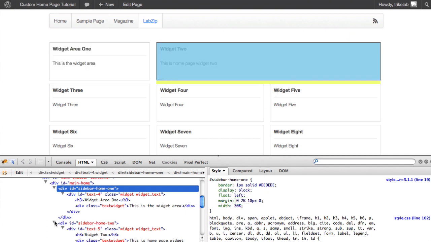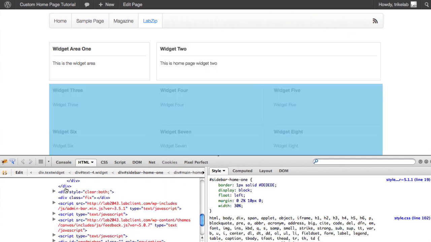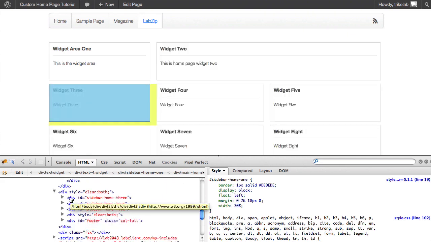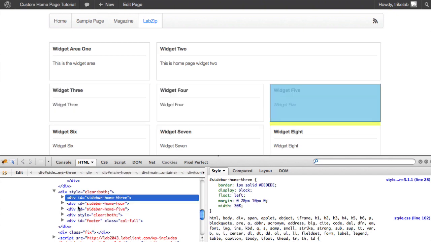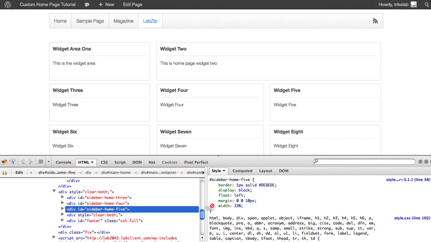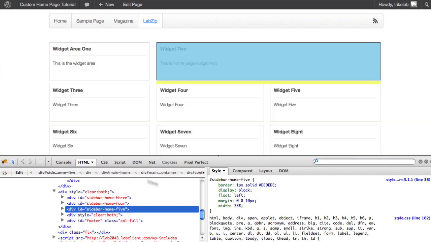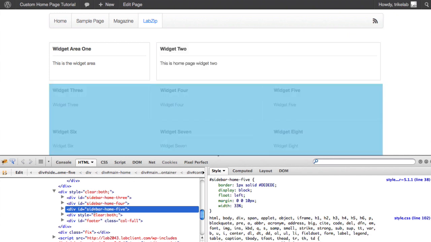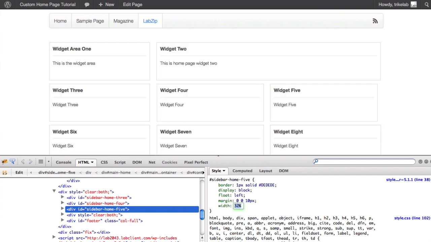And just to use the same logic, if we go down further, you can kind of already guess, right? What's going to happen? If I go here, Sidebar Home 3, 30%. Home 4, 32%. Actually, I cheated that one a little bit. And 33%. Now, I can't tell you why I did that. I think I actually made a mistake because I was doing this real quick. But the good news is, even if I was to change those, you can see immediately the effect on the screen. So the concept that's more important for me to show you today is, in general, if you're going to do the setup,